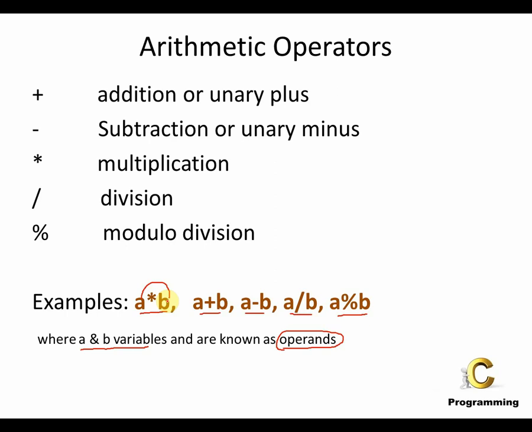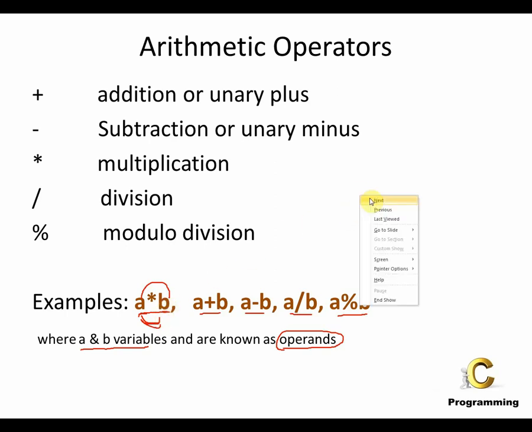Now suppose the operands are of mixed type, which means say operand A is of the type real and operand B is of the type integer, then that expression is called a mixed mode arithmetic expression, because the two operands are very different from each other. Hence, that type of arithmetic expression is termed in C as a mixed mode arithmetic expression, and the result will be a real number. Okay, so this is all about the arithmetic operators.